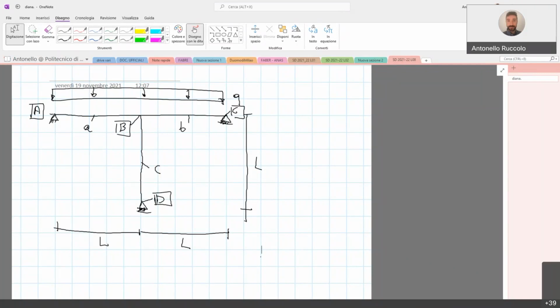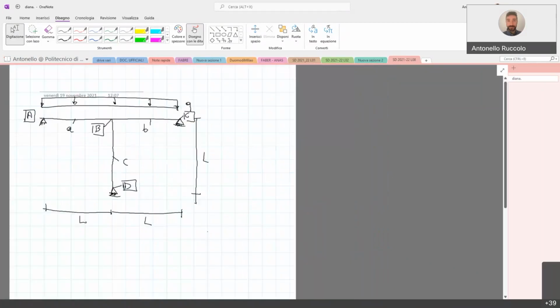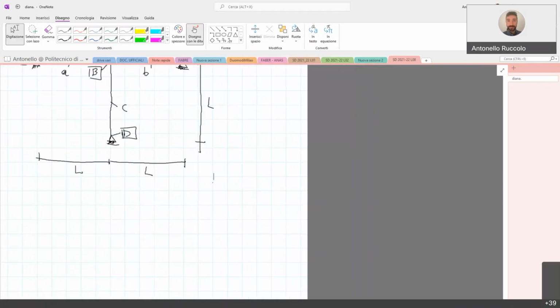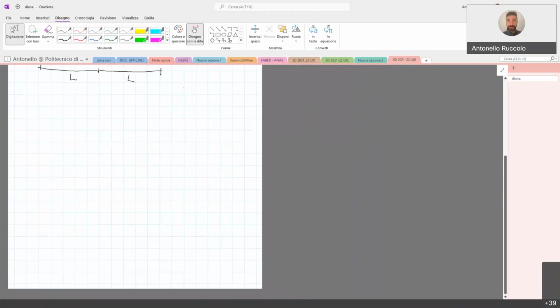Here now, we work in a completely different way, the opposite way. We start with each node that is not restrained, and we fully restrain it in order to prevent any possible displacement. In this case, the only node we have to focus on is node B, obviously, okay? Because it is the one that can undergo displacement that we want to prevent. As before,